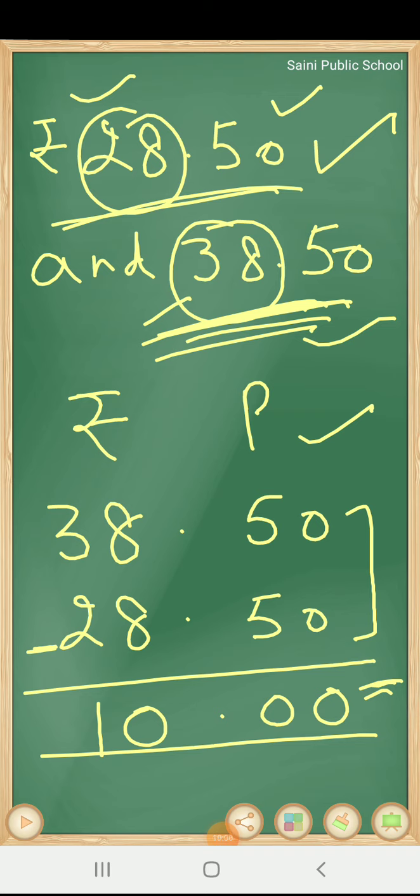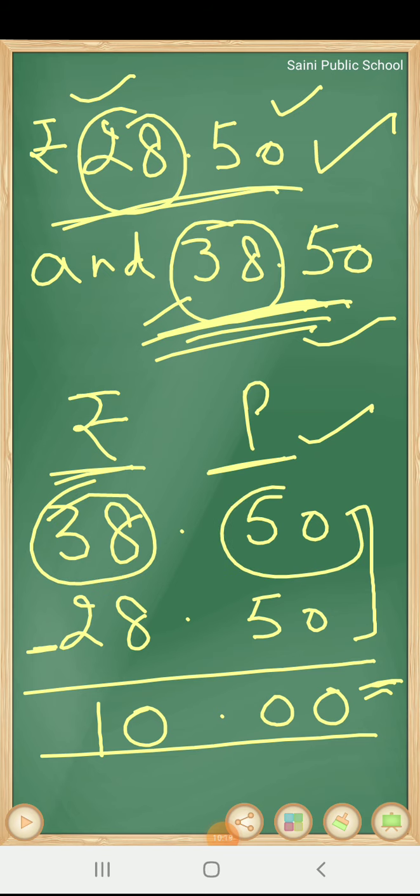In this way we can subtract the two numbers. So today we have discussed addition and subtraction of money. For addition and subtraction, first of all we have to write their units, rupees and paise, separately, and then we will write the numbers according to their places. The number on the left side of the decimal is rupees and the number on the right side is always paisas. So we will write numbers according to their units, rupees and paisas.